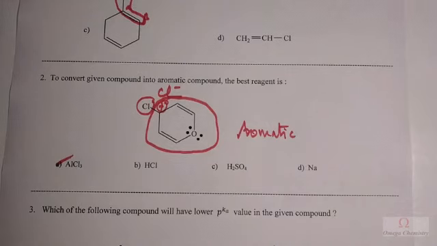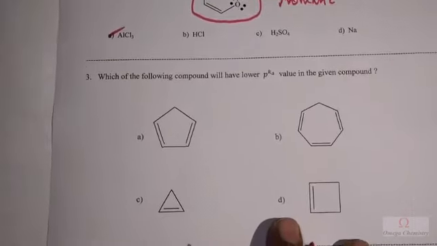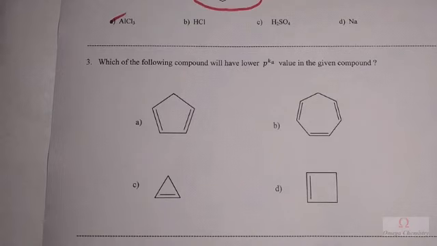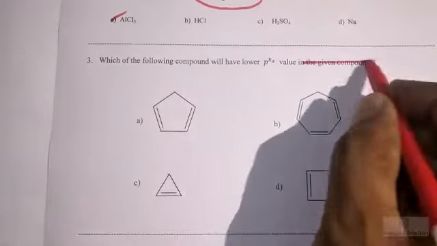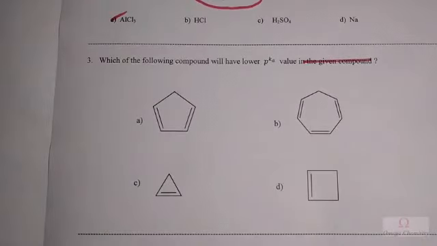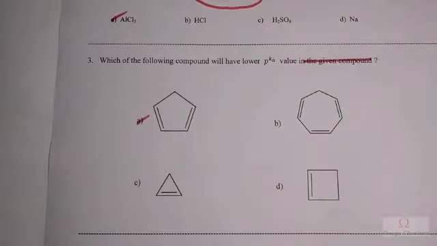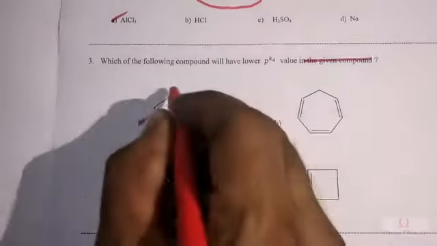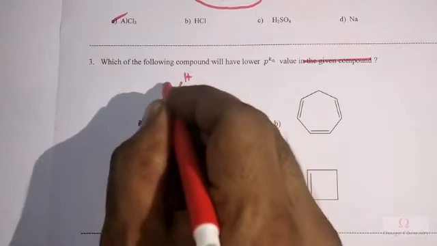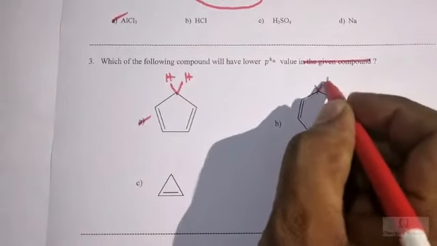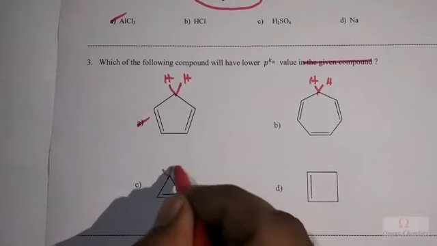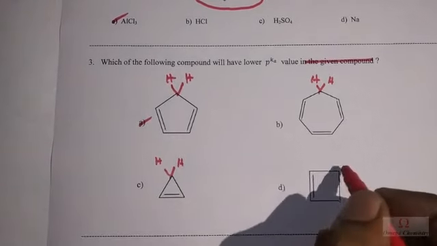Fine. Now let us see the third question. Which of the following compounds will have lower pKa value? The answer is A. See, lowest pKa means highest acidity. Now in option A, there will be two hydrogen atoms. Two hydrogens will be present here, everywhere there will be two hydrogens. Now, if I remove these hydrogens,